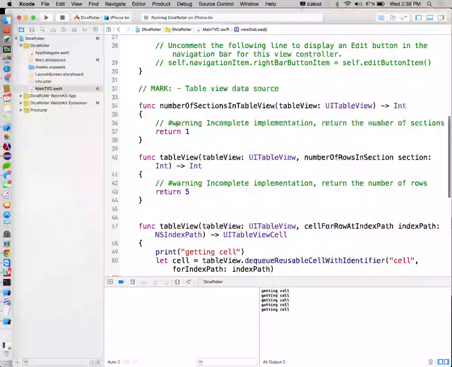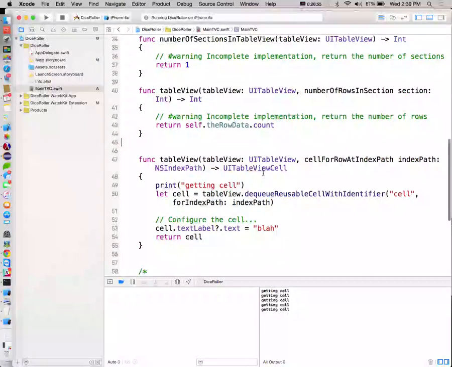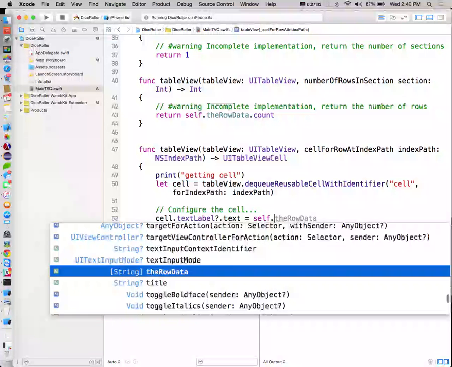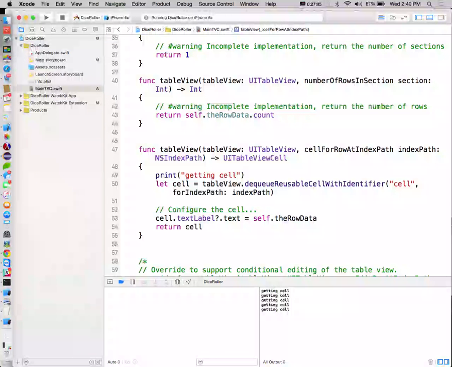Okay, and now we're still only going to have one section, but instead of randomly returning 5, we're now going to return the rowData.count. That's the number of rows we'll have. And instead of hard coding it to blah, we're going to set it to self.rowData at